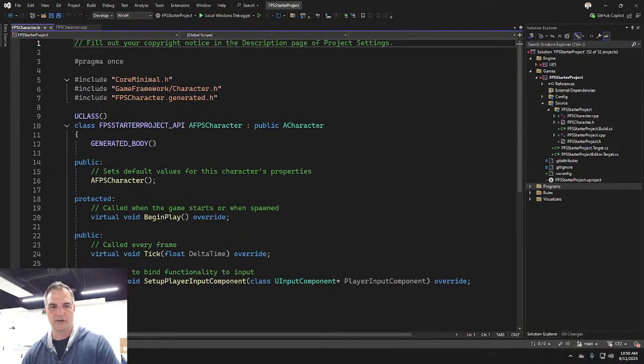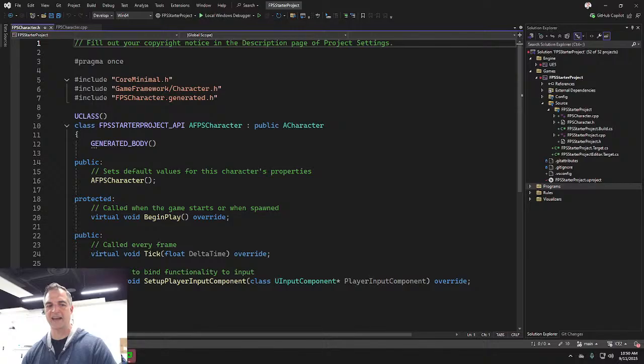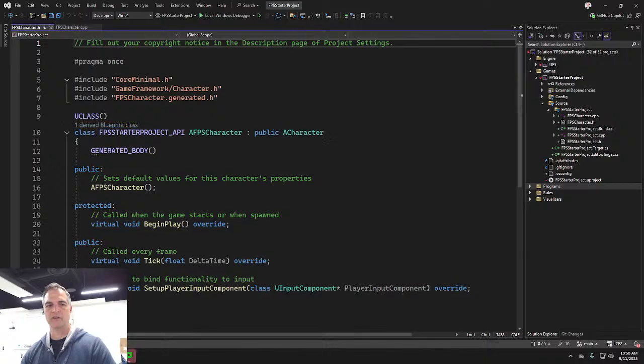Well, on the FPS character.h, we have two public areas. Unreal Engine, by default, gives us two public areas, one for the constructor function and one for the public. Notice it also says a FPS character. The reason why it's named a FPS character here in C++ is because